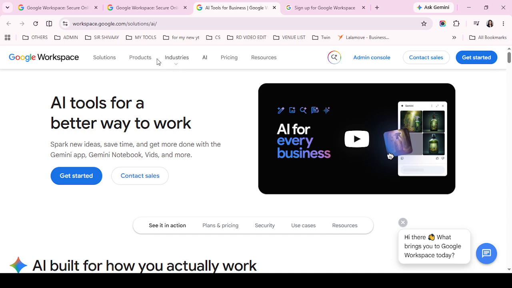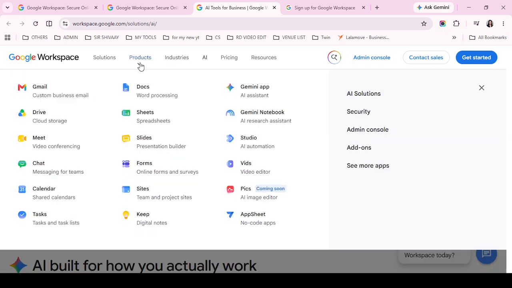After the licenses have been assigned, your users can start accessing Gemini directly inside supported Google apps. Open Google Docs or Gmail and look for the Gemini Prompt Helper panel. This is the interface that allows users to interact with Gemini while they work, helping with writing, drafting, summarizing, and other